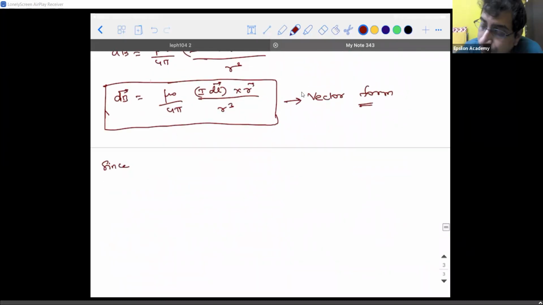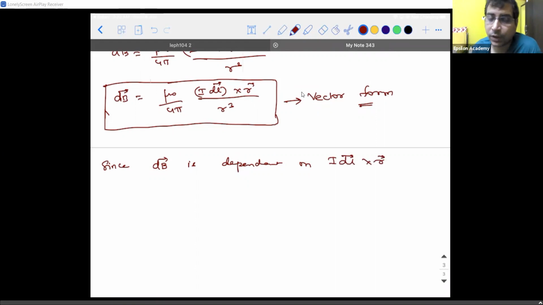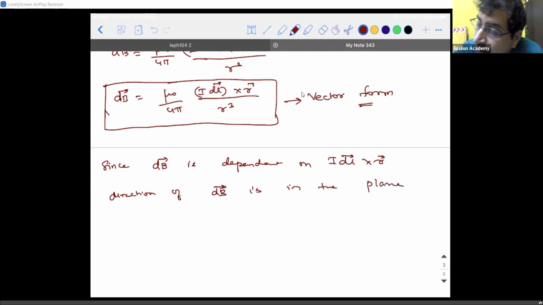Since dB vector is dependent on Idl vector cross r vector, listen to this carefully, okay? Then the direction of dB vector is in the plane perpendicular to both